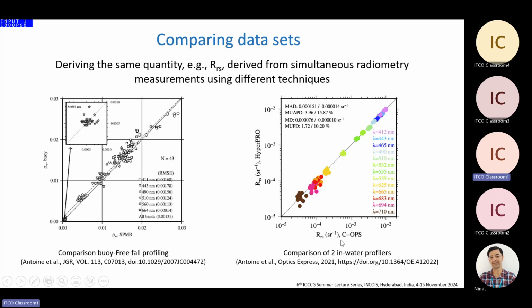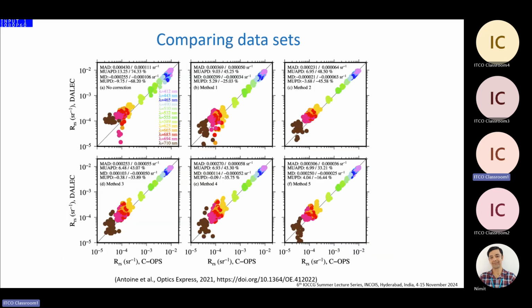And the other one on the right side is comparing a HyperPro, so this Atlantic Seabird system, with the CEOPS, which is another free-falling system from the Biospherical company. And well, again, we were deploying the two at the same time on the ship, and we managed to get this very good comparison. And the last one is about comparing again the remote sensing reflectance